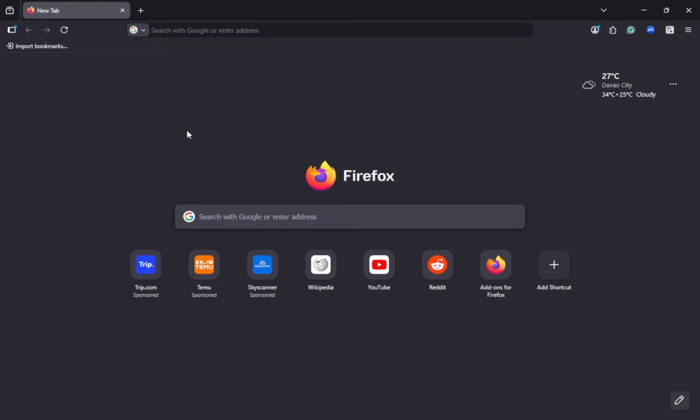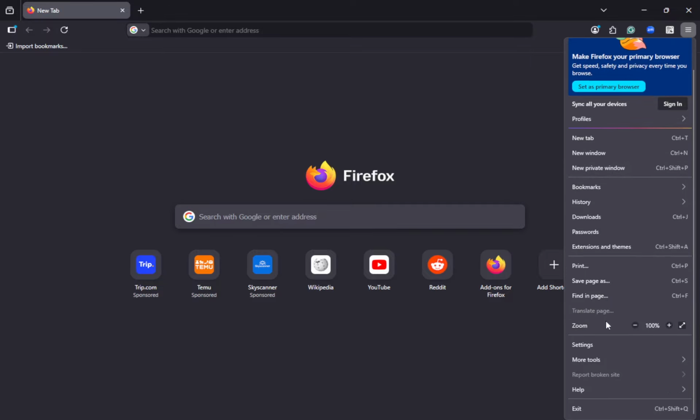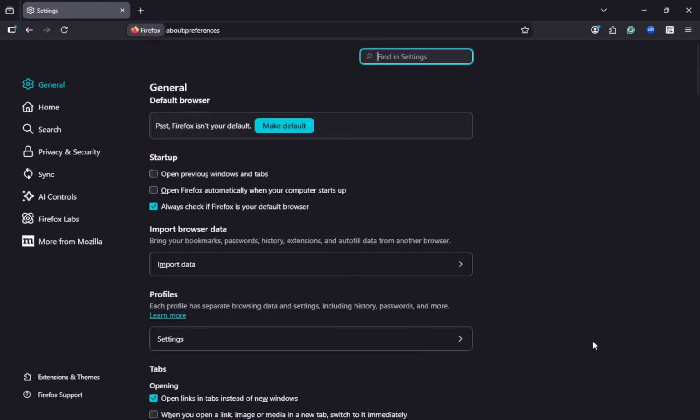Now look for the settings icon, which resembles a gear. You will find this icon in the bottom right corner of the new tab page. Clicking on this icon will open up the settings panel where you can customize your wallpaper. This step is crucial because it provides you access to the options that will allow you to change the background. Once you click the gear icon, the settings menu will appear, giving you several wallpaper options to choose from.